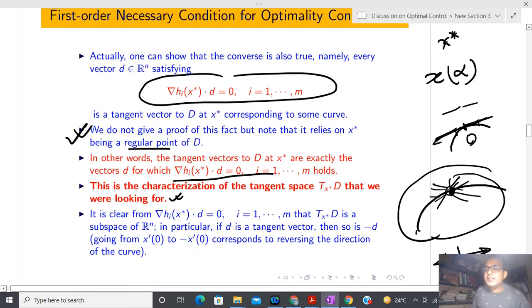Okay, so now this condition is equivalent to saying that if I move in this direction and this direction, then all possibilities are automatically checked and I can tell that this is the minimum. Okay, so it means that if this condition is satisfied, then T x star D, that is D is nothing but,